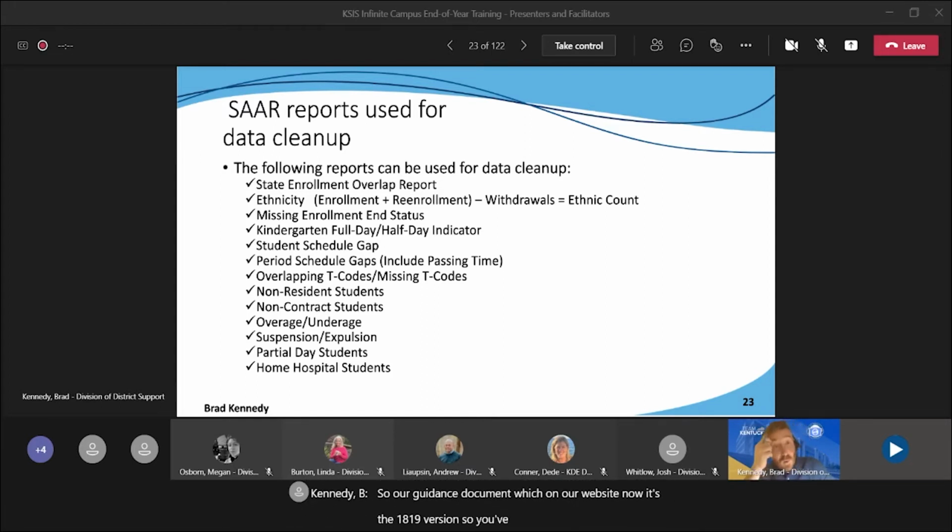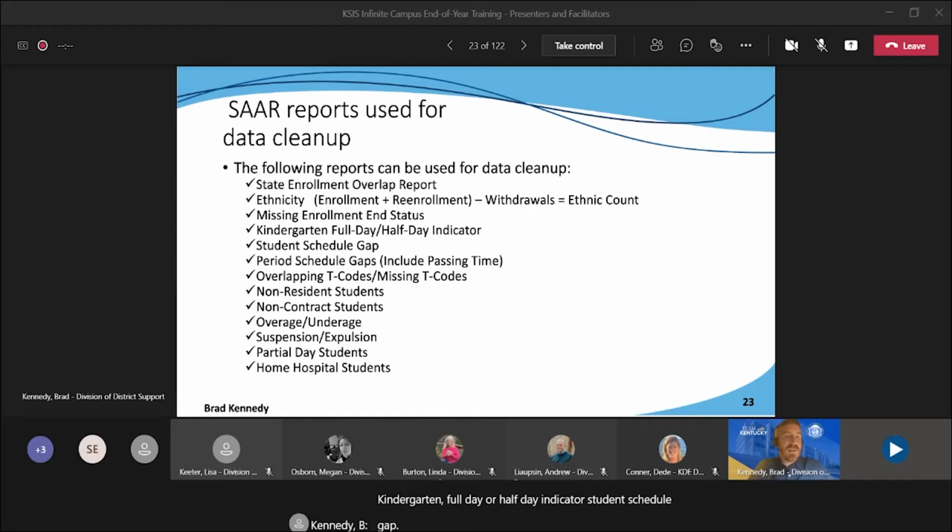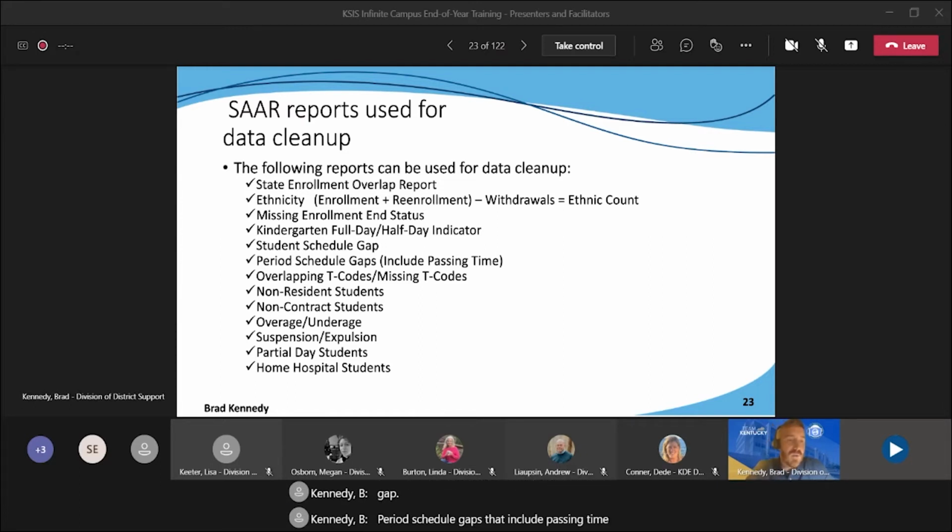So you've got the state enrollment overlap report, your ethnicity record, missing enrollment in status, kindergarten full day or half day indicator, student schedule gap, period schedule gaps that include passing time, overlapping T codes or missing T codes, non-resident students, non-contract students, overage and underage, suspension and expulsion, partial day students, as well as home hospital students